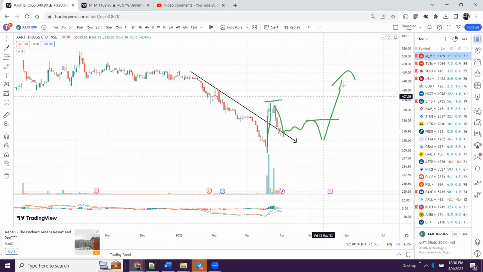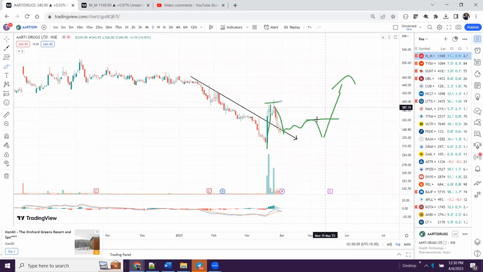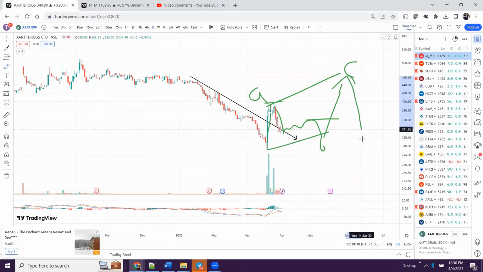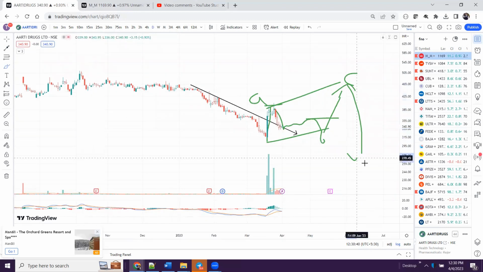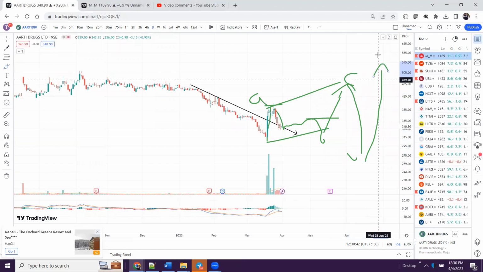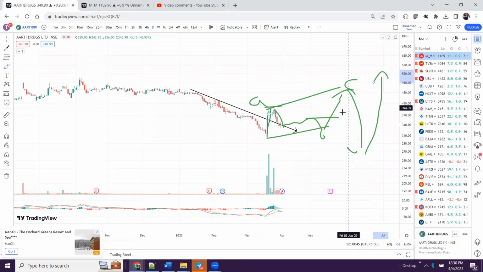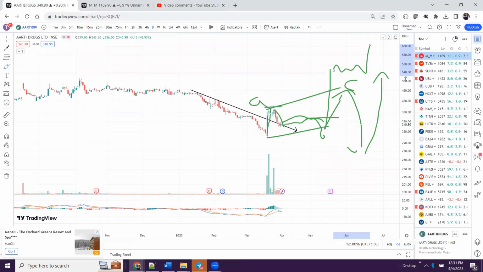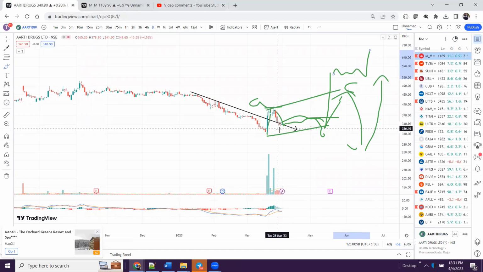And then, depending on whether this is a corrective structure, after this up move, this will become A, this will become C, B and C. Then after this up move, we will again get a down move, and then we will get a very fast move to go to the top. Otherwise, if this is that fast move, then after this corrective structure there will be a very fast move, there will be no divergence between this up wave and this up wave, and it will keep on going up. So at the moment this is looking positive.